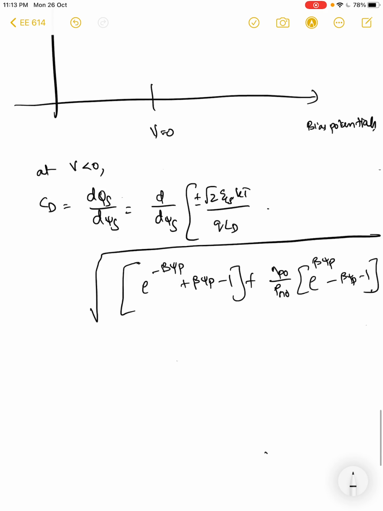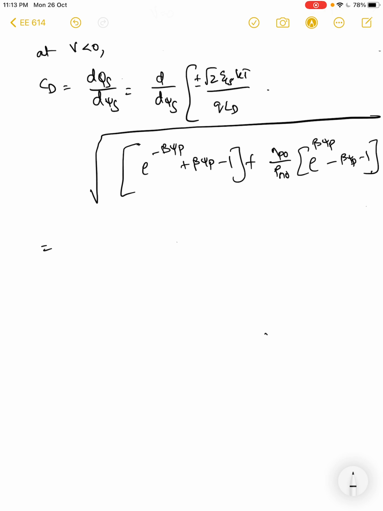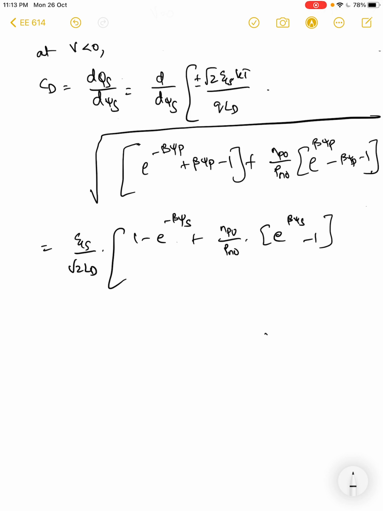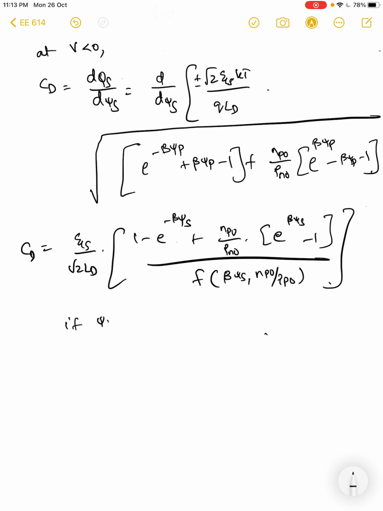Now if I do the differential, what I will get is epsilon s by root 2 L_D times 1 minus e power minus beta psi s plus n p0 by p p0 times e power beta psi s minus 1, divided by the square root of the same function, right? So if psi s is negative,